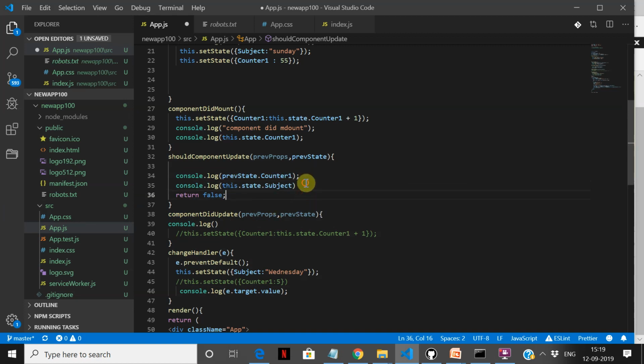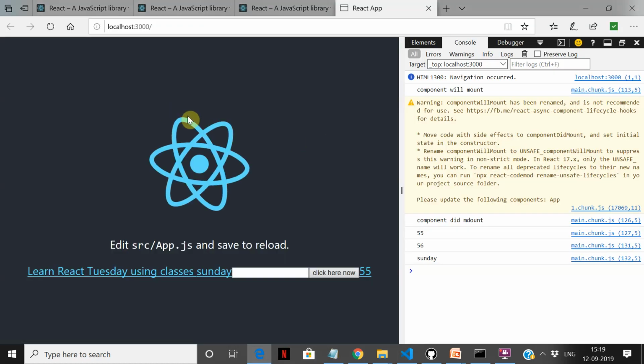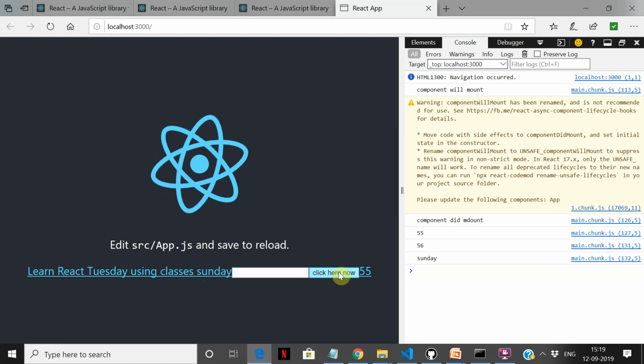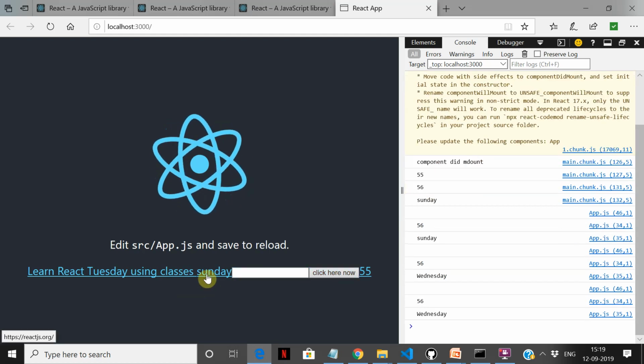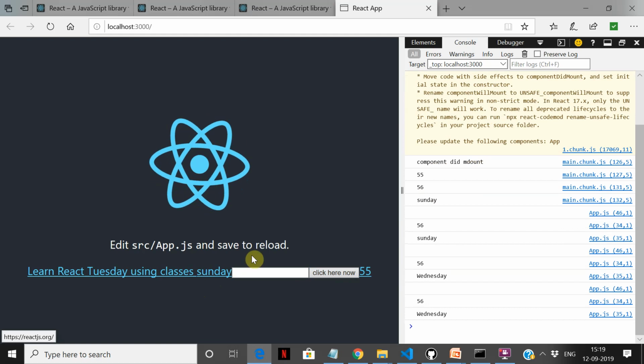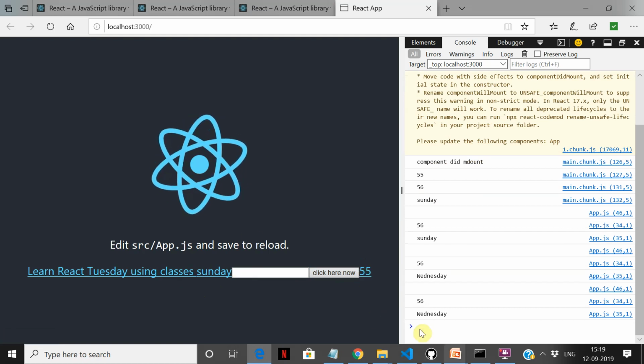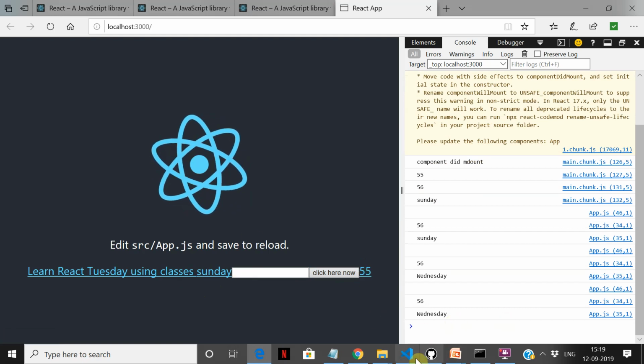We'll check whether the subject has changed to Wednesday. So now it is Sunday, we have set false. So the UI is showing Sunday because this is not re-rendering. But in the console we are getting Wednesday.